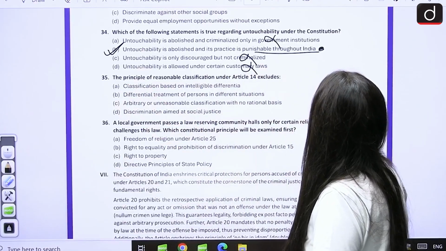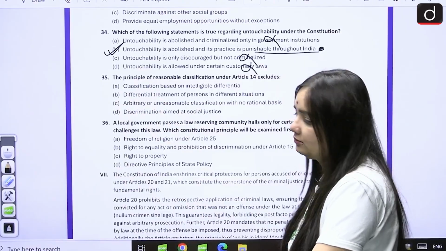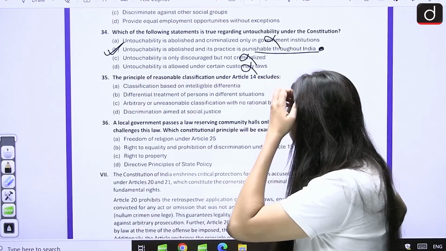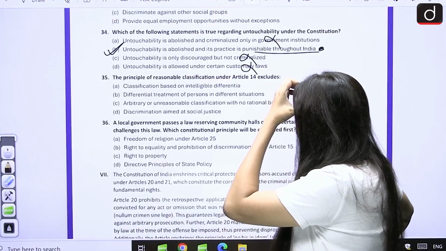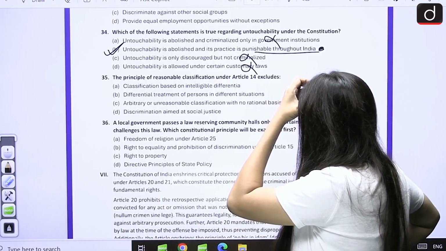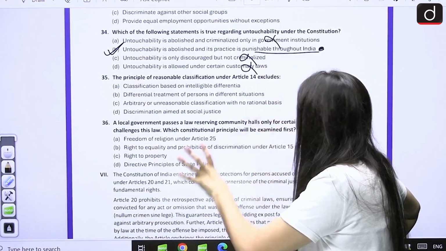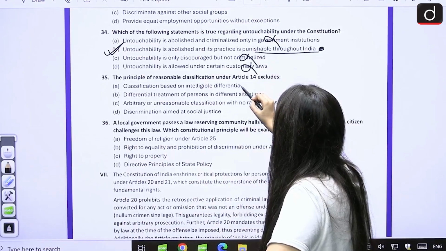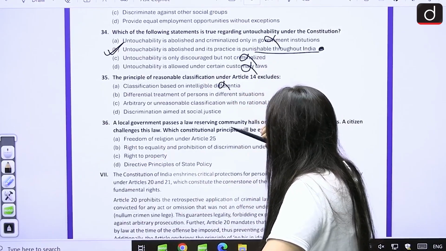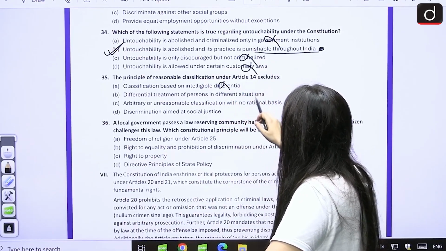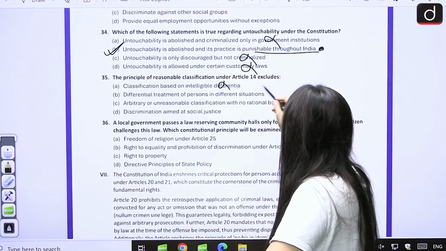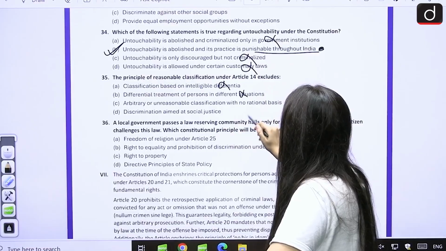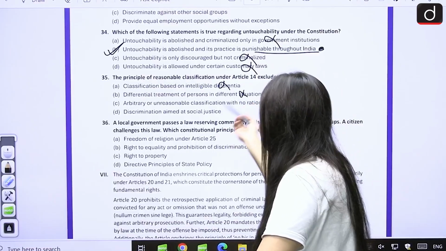Civil Rights Act. काट देना Civil Rights Act. गलत बोल दिया मैंने. क्वेश्चन 35 पे आते हैं. प्रिंसिपल ऑफ रीजनेबल क्लासिफिकेशन अंडर 14 एक्सक्लूड्स क्लासिफिकेशन बेस्ड ऑन इंटेलिजिबल डिफरेंशियल. इसे तो इंक्लूड किया जाता है तो काट दो. डिफरेंशियल ट्रीटमेंट ऑफ पर्सन्स इन डिफरेंट सिचुएशंस, ये भी इंक्लूडेड है तो सही आंसर नहीं. आर्बिट्रेरी और अनरीजनेबल क्लासिफिकेशन विद नो रैशनल बेसिस, दिस इज द आंसर